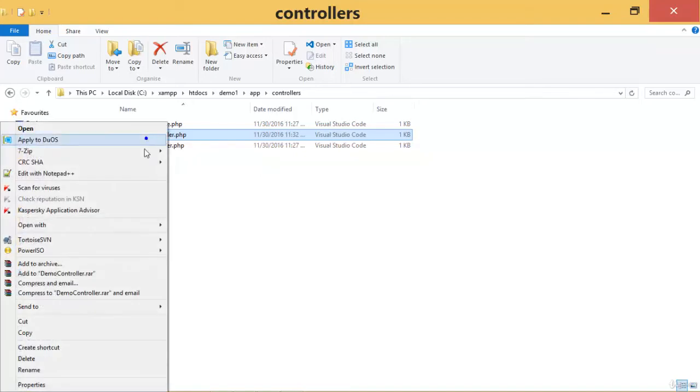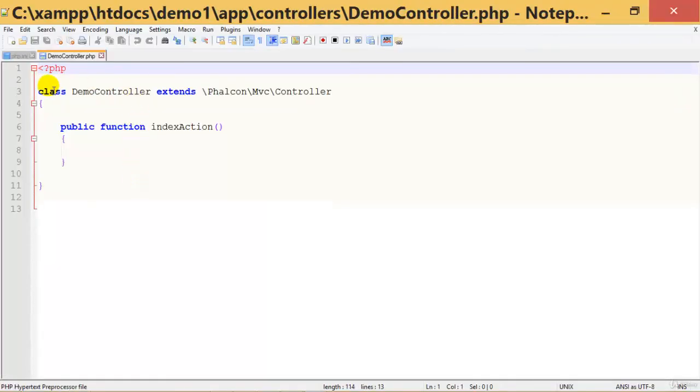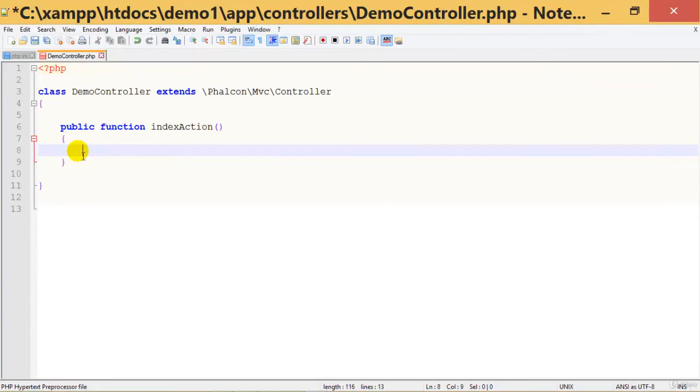So let's start with it. I'm going to open this file. This is my controller. The class DemoController extends Phalcon Mvc Controller. As you can see, it extends a particular class, that is Phalcon Mvc Controller. Inside it is public function indexAction. The index action is the method, event, or default function which a controller hits once it has been called. So in public function indexAction, I will mention that this is my first application. I need to print that, so I'll say echo